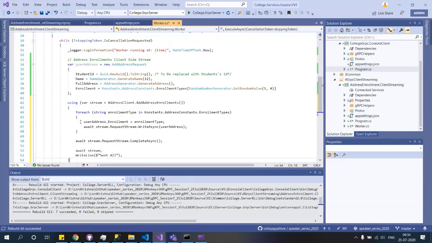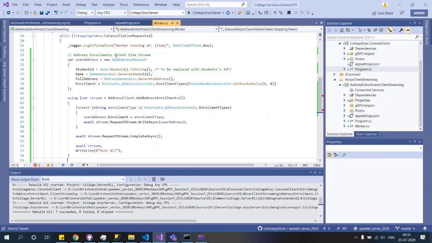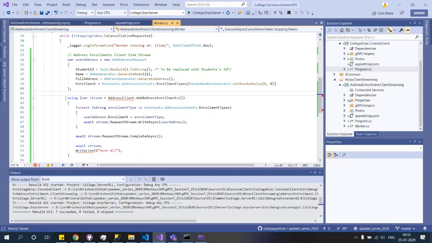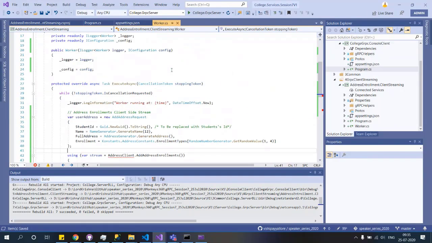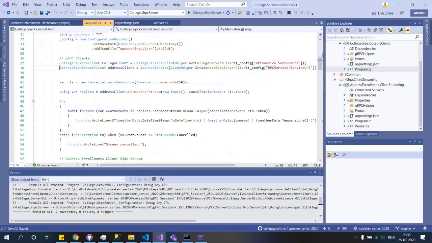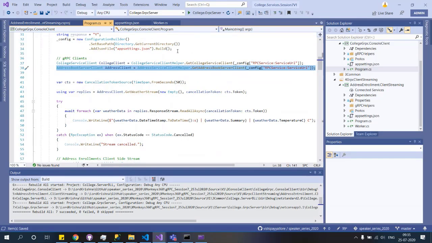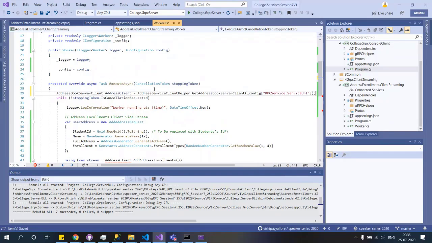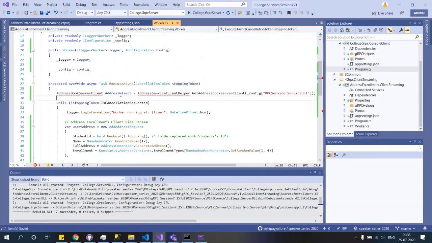So first what we are doing is we are generating an address object, and then, okay, we need to create the address client. Just a moment. Or else I can move this to the top.